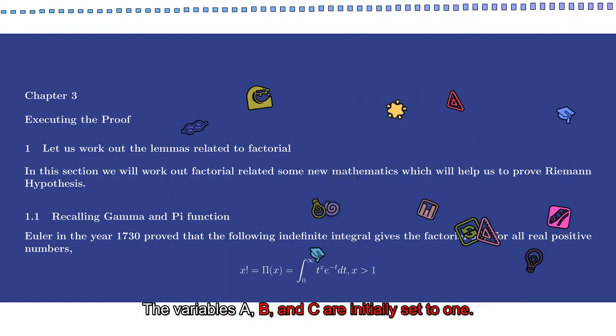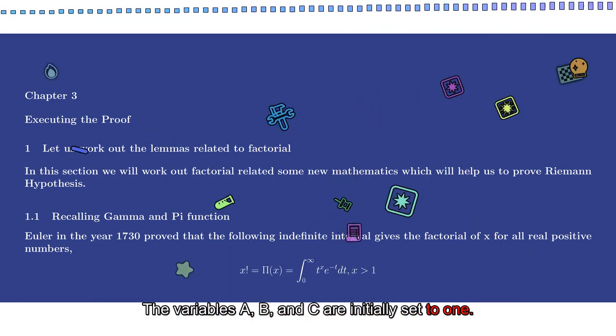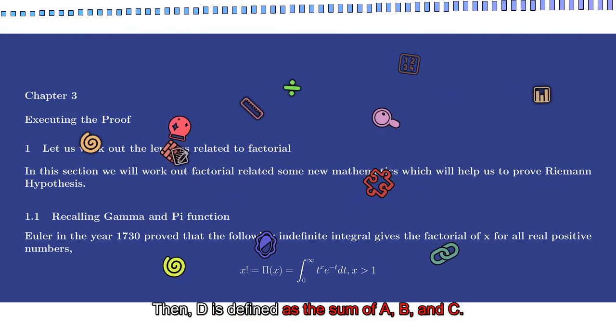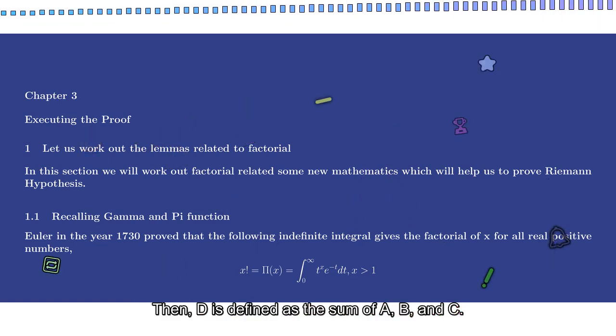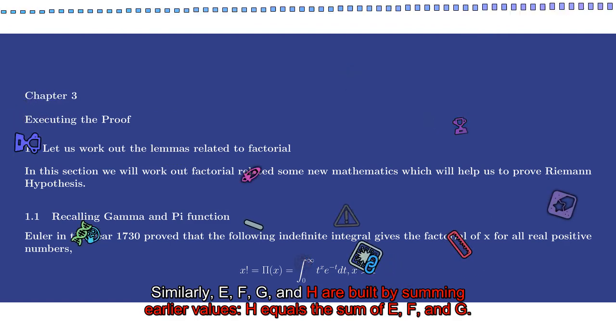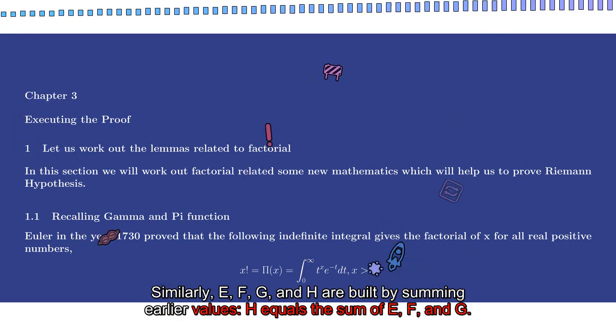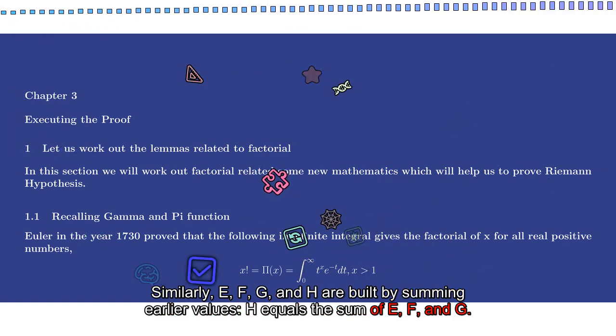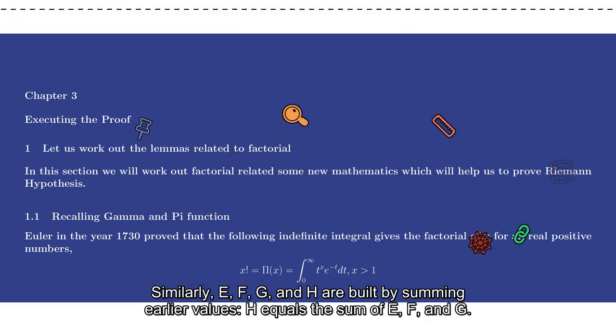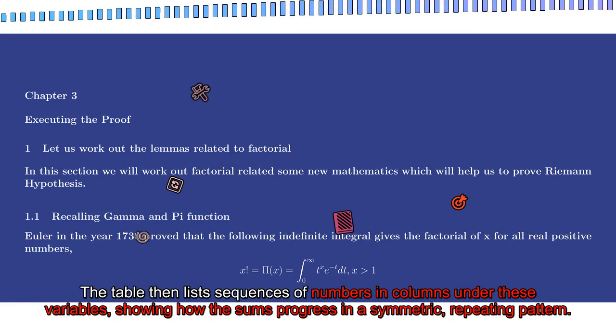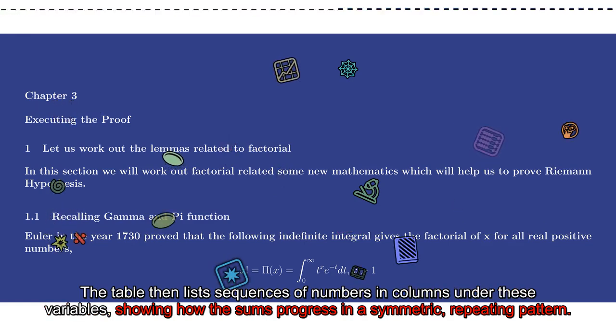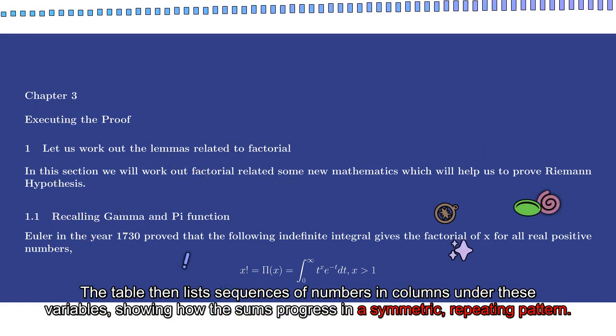The variables a, b, and c are initially set to 1. Then d is defined as the sum of b and c. Similarly, e, f, g, and h are built by summing earlier values. H equals the sum of e, f, and g. The table then lists sequences of numbers in columns under these variables, showing how the sums progress in a symmetric,